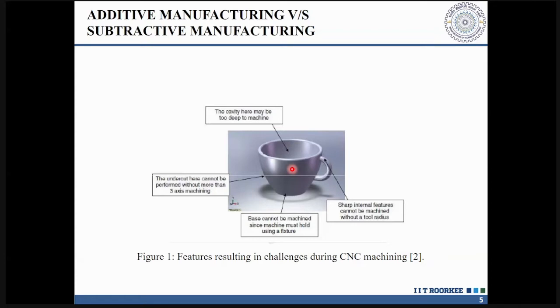Now, the most important thing in the selection of additive manufacturing is time and the material that I want to process. Fine. Now, if the material of this cup is, let us say, steel, fine, then manufacturing it using an additive manufacturing route will be a costlier affair. Fine. But if the same cup is made up of titanium, which is a costly material.